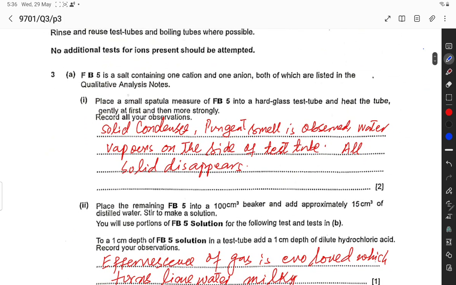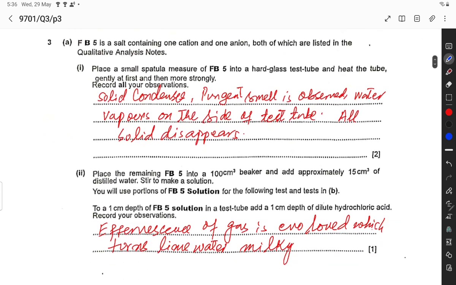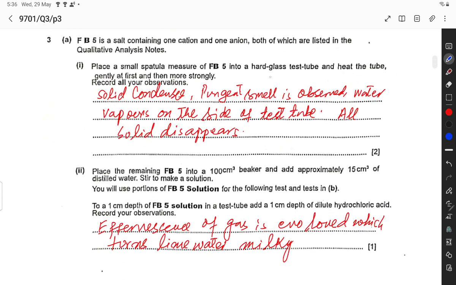Question number 3. FB5 is a salt containing one cation and one anion, both of which are listed in the qualitative analysis notes. Place a small spatula measure of FB5 into a hard glass test tube and heat the tube gently at first and then more strongly. Record all your observations. Solid condenses. When I heated this FB5, I have seen solid condenses, a pungent smell is observed, water vapors on the side of the test tube were present, and all the solid disappears when heating